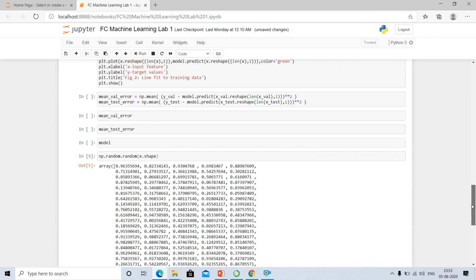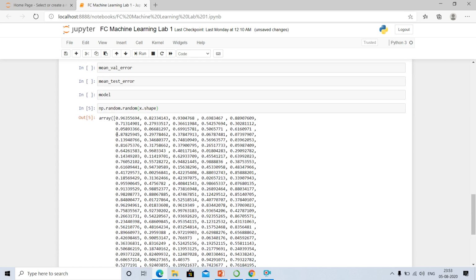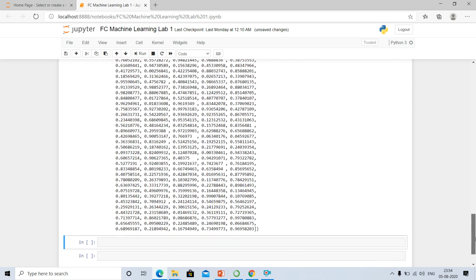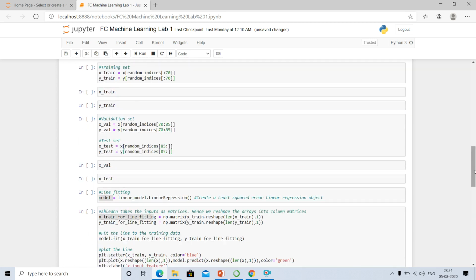See, it will show you, because in the question it has been given that you have to add a noise, Gaussian noise, and the Gaussian noise range is 0.1. So that's why I have taken random.random to create that Gaussian noise, and the range is 0 and 1. So all the random values, if you see, are between 0 and 1. So now a total of 200 random values are created like that.